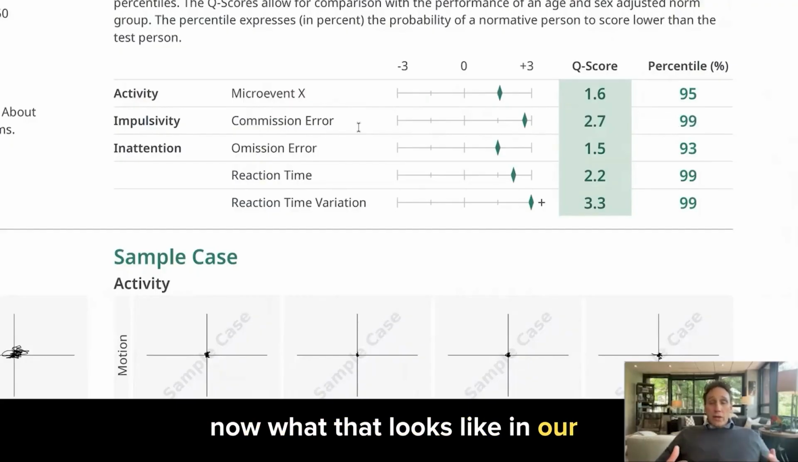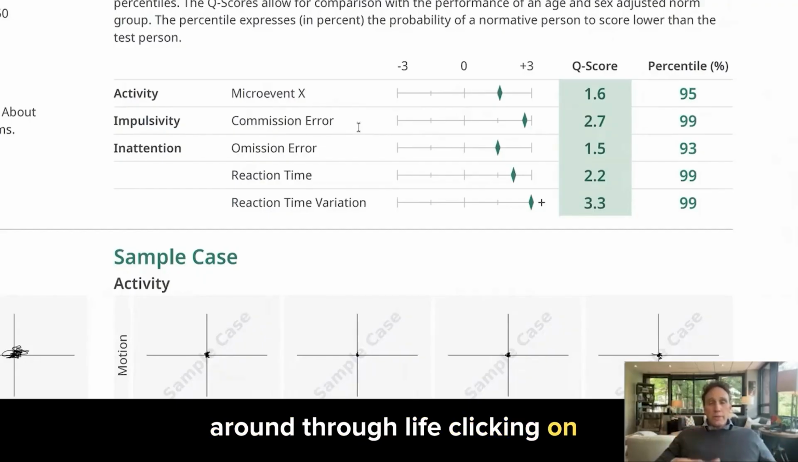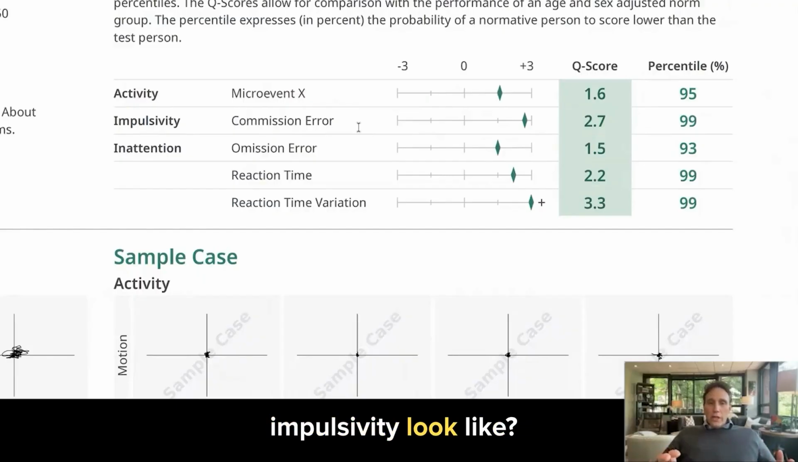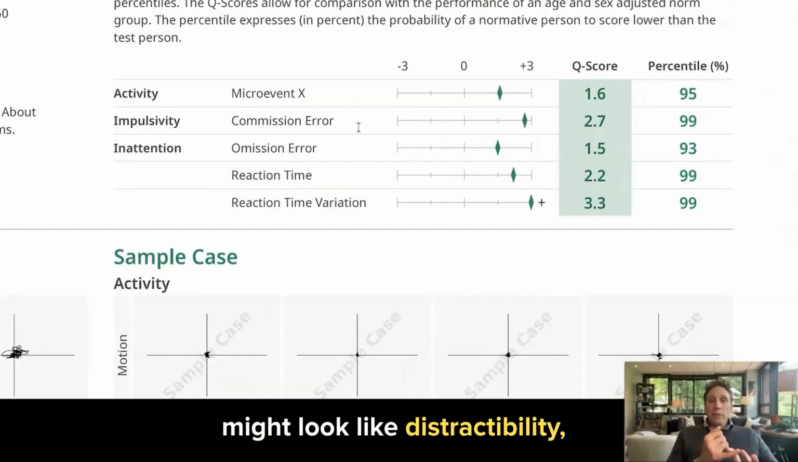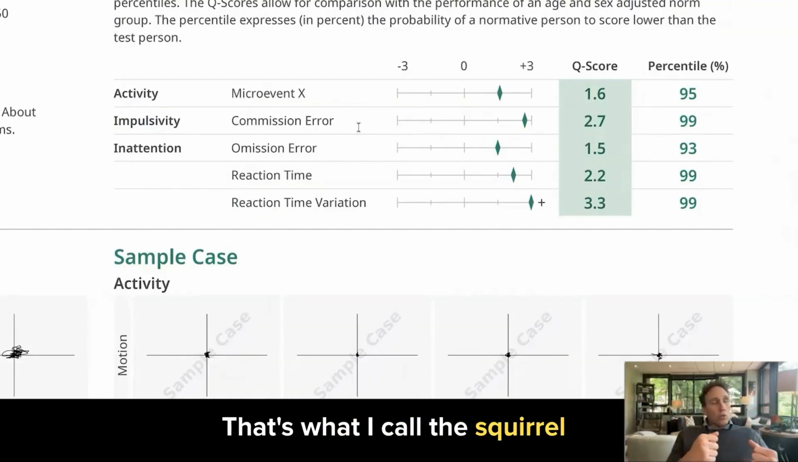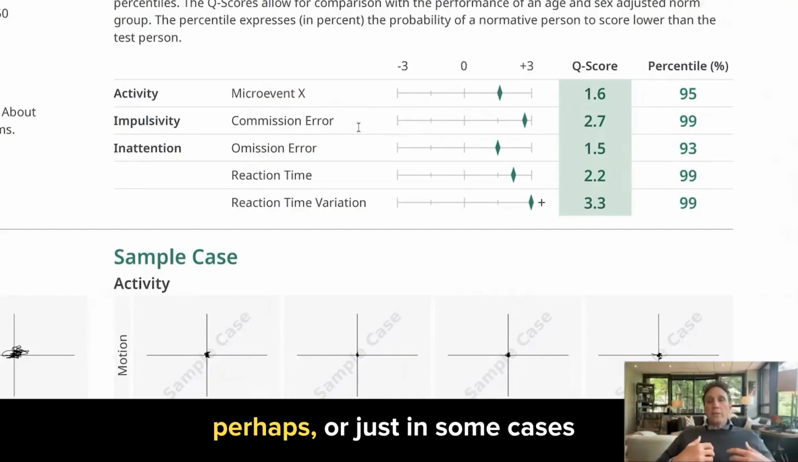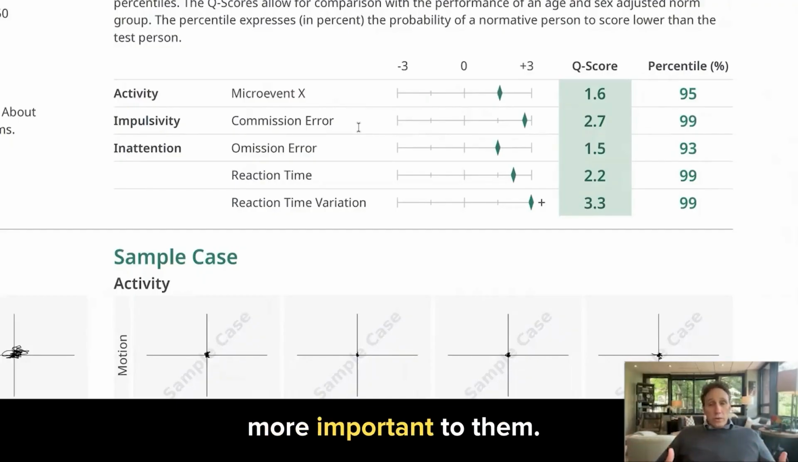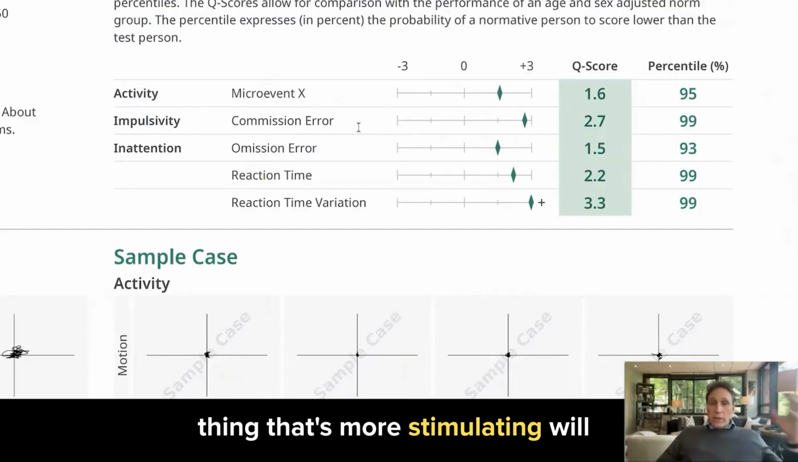Now, what that looks like in our lives is what's probably most important. Because we're not going around through life clicking on space bars, what does impulsivity look like? Well, on one side of the coin is a sensitivity and reactivity to stimuli that might look like distractibility, inattentiveness. It's what I call the squirrel factor, right? So impulsivity can very much look like inattentiveness or distractibility. What's happening is the person is drawn to the thing that is more stimulating, more interesting, more urgent, perhaps, or just in some cases more important to them. Now, sometimes the thing that's not more important, but it's the thing that's most stimulating will be the thing that